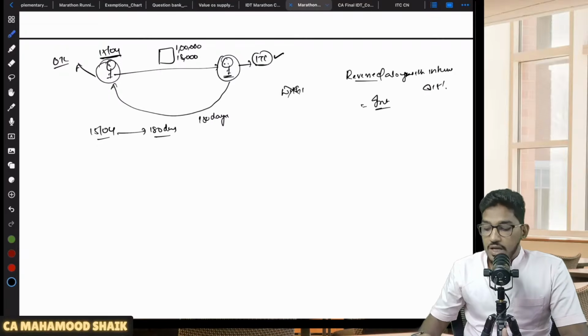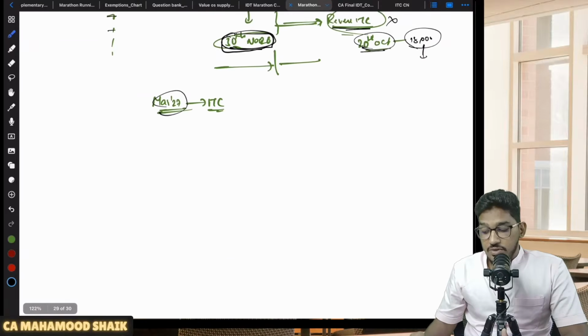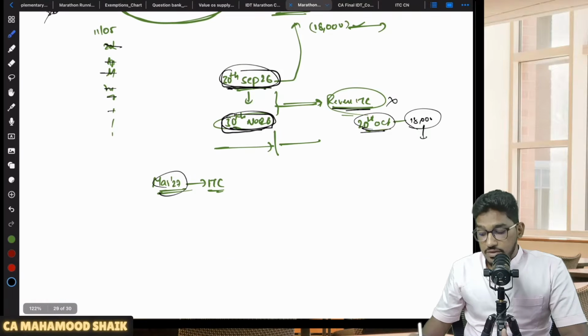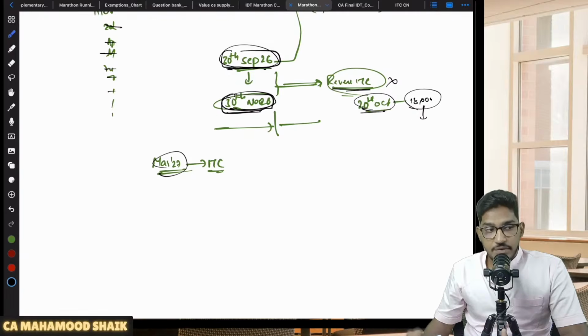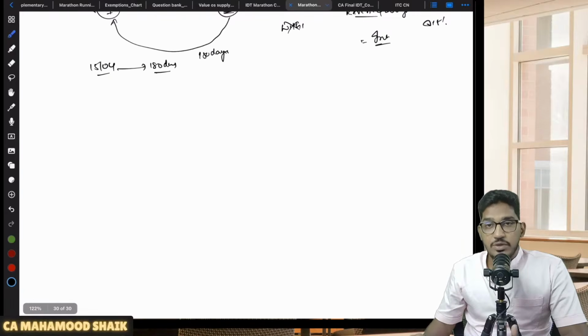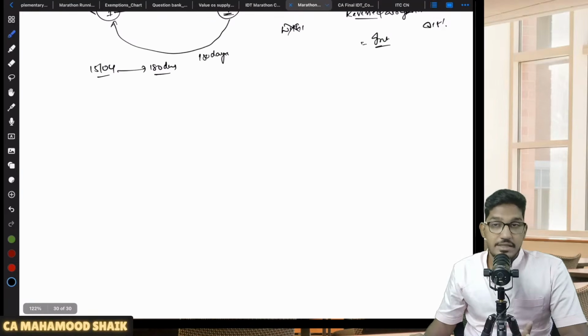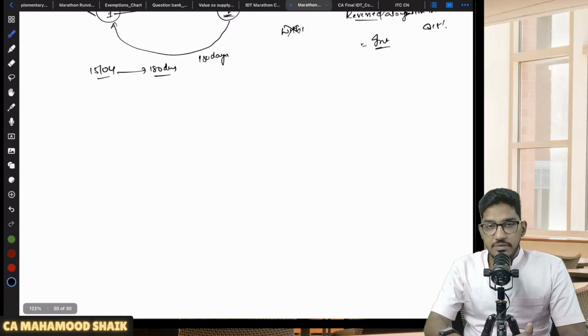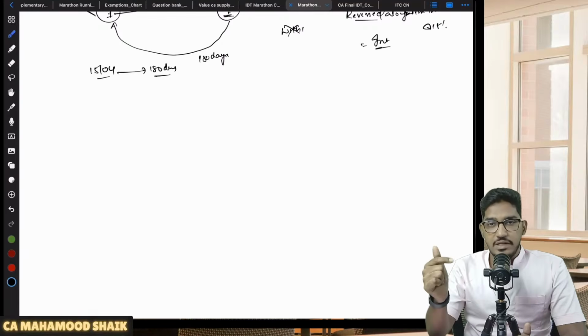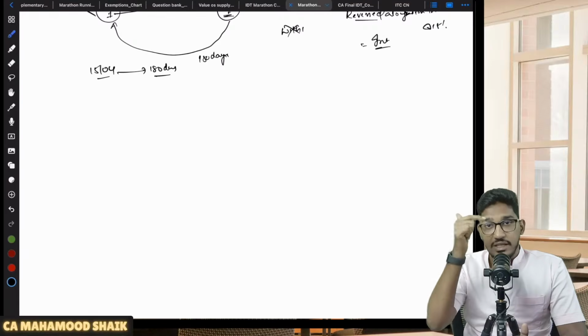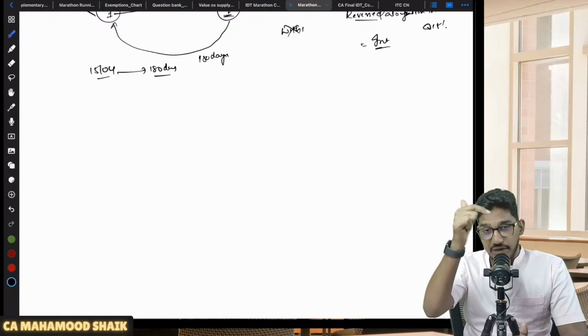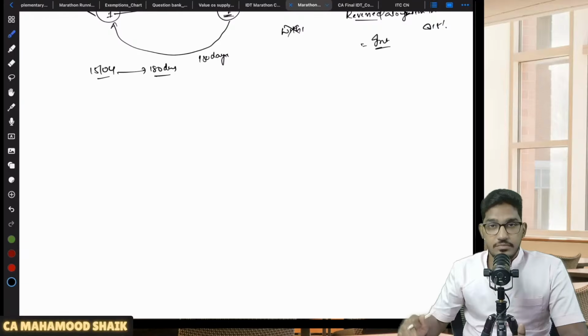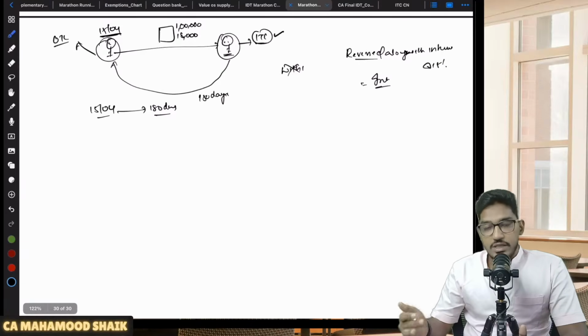You will be liable to pay that interest, not just a reversal of ITC. If you remember, in case the supplier has not filed the GSTR 3B, if you reverse it on or before 30th of November, then you are not required to pay any interest. But if you did not make the payment to your supplier within 180 days, then you are required to reverse the amount of GST directly along with interest. Government will not wait. You did not make the payment within 180 days, no? Now you have to reverse whatever ITC you have taken. Don't just reverse ITC, reverse it along with interest at the rate of 18% per annum. Understood? So this is what the second proviso says.